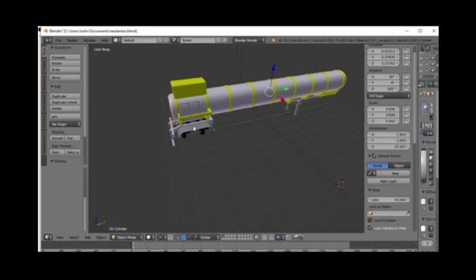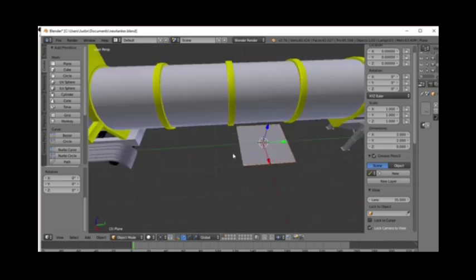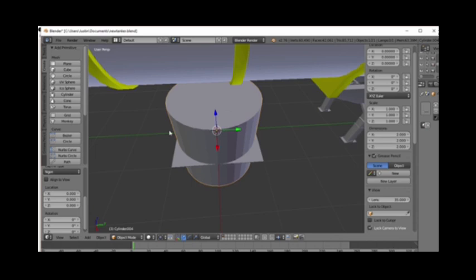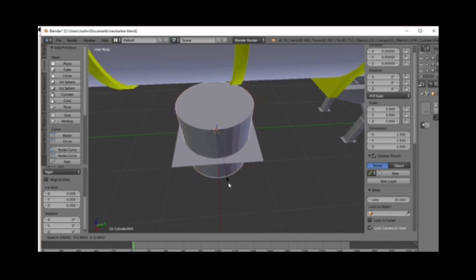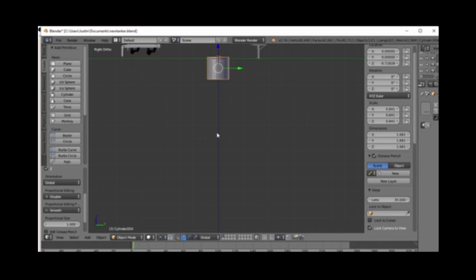Now, what I normally do is press close to the center, create a frame, and create a cylinder, scale it down, side view, make sure that